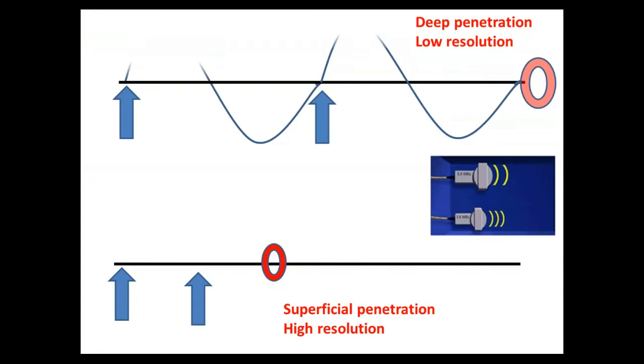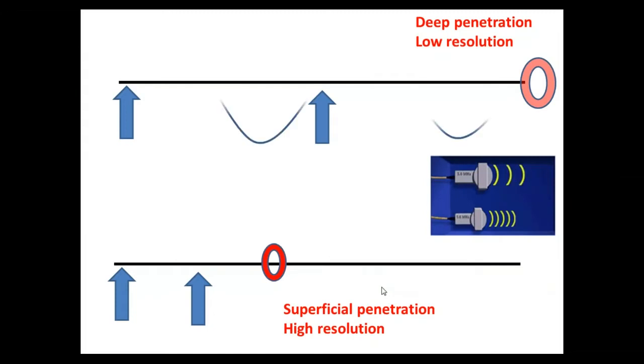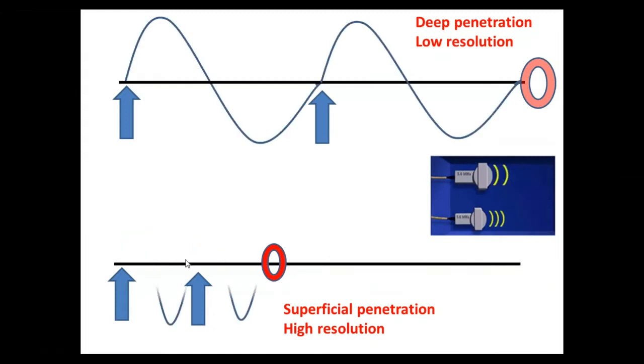In neonates, we are using usually high frequency. So the higher the frequency, the shorter the wavelength. Ultrasound is composed of waves, and the shorter the wavelength, the higher the frequency, and better penetration of superficial structure, or better high resolution